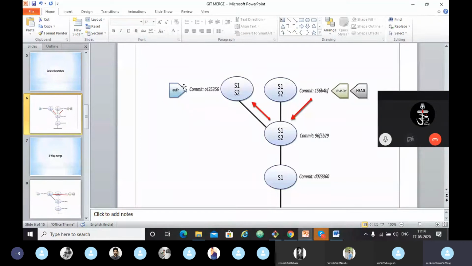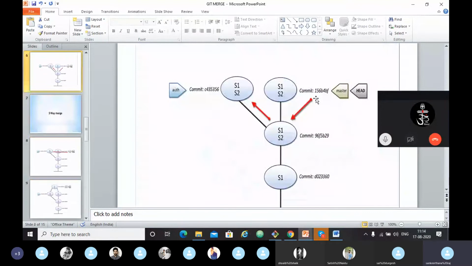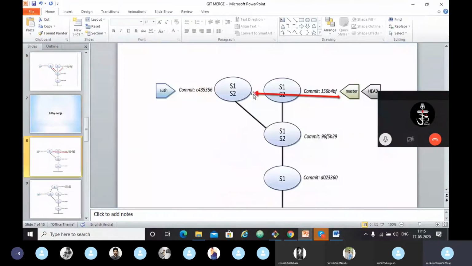But now I want to merge it, but I don't have a direct path for this. But before, for the SDN branch, I had a direct path, right? But here I don't have any direct path. First I have to make this go to this commit and then go to this commit. For SDN we can merge directly from the master branch. If we did that here, we would lose our changes. So we need to merge these branches together into a new commit called a merge commit. We can't just merge directly. So we will make a new commit called merge commit. This is called the merge commit here.